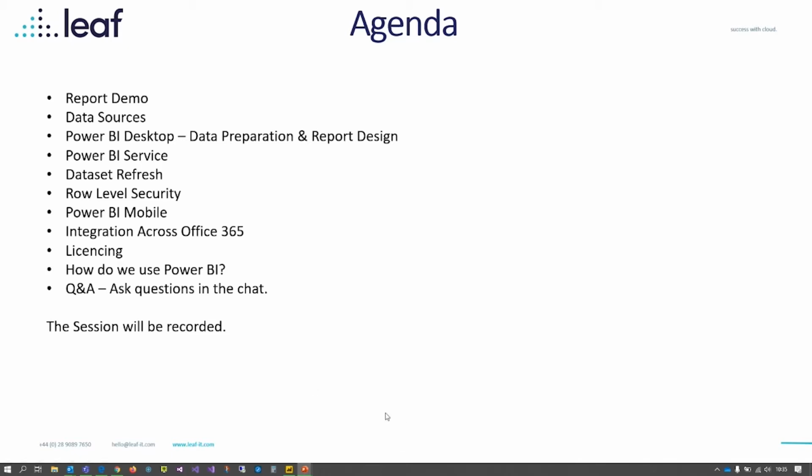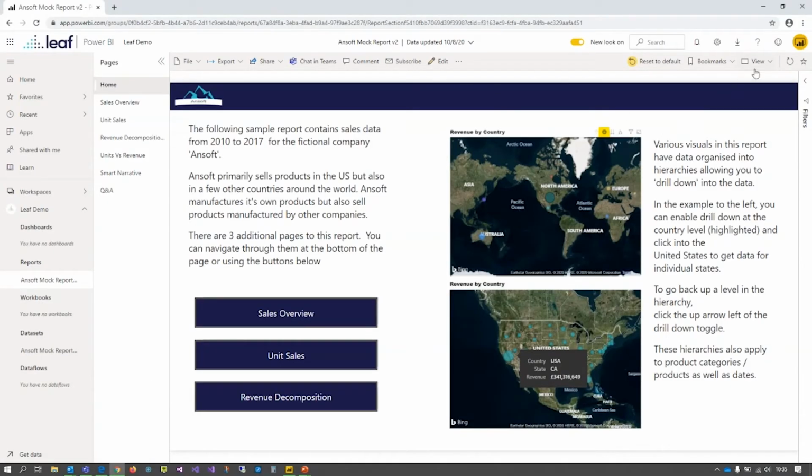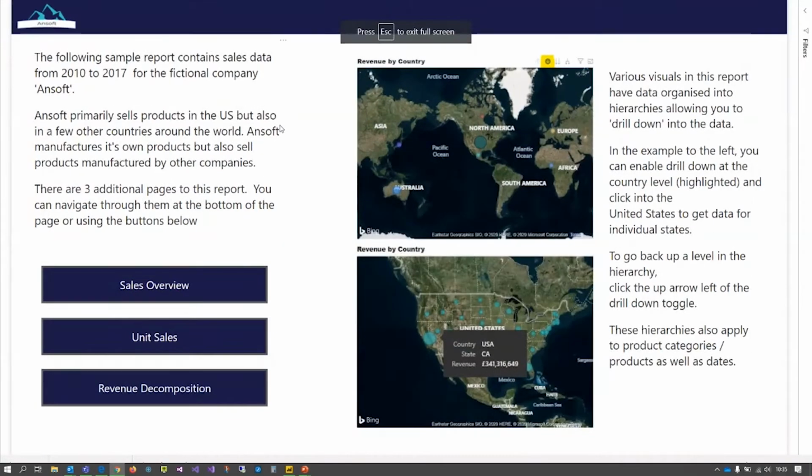So just to make a start, I'm going to give you a quick overview of a general report for starters. I've got a report here to set the scene. This is a fictional company, Ansoft, whereby they've got sales data for all the products that they sell. They sell some of their own products and they also sell other manufacturers' products across different regions, basically. So this data set is all their sales data and units sold, that sort of thing,